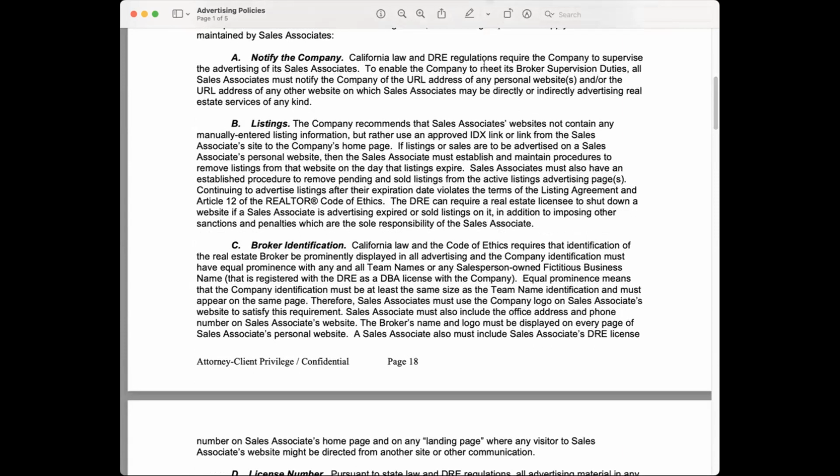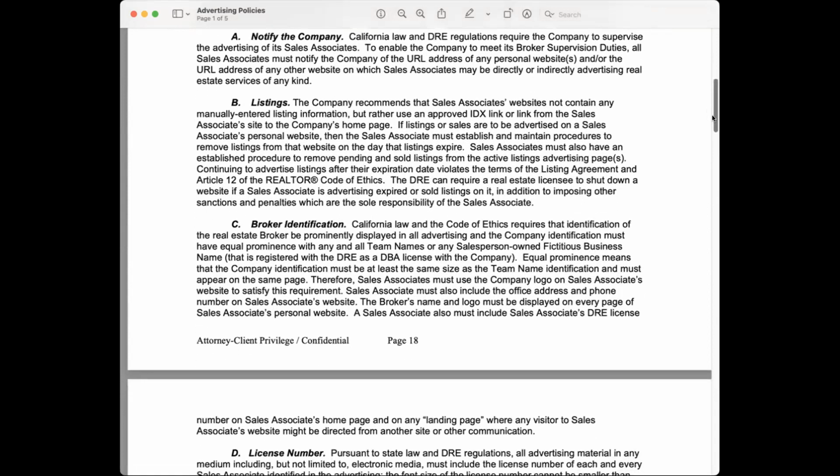The California law and DRE, these are DRE regulations, by the way, require the company to supervise the advertising of its sales associates. To enable the company to meet its broker supervision duties, all sales associates must notify the company of the URL address of their personal websites.